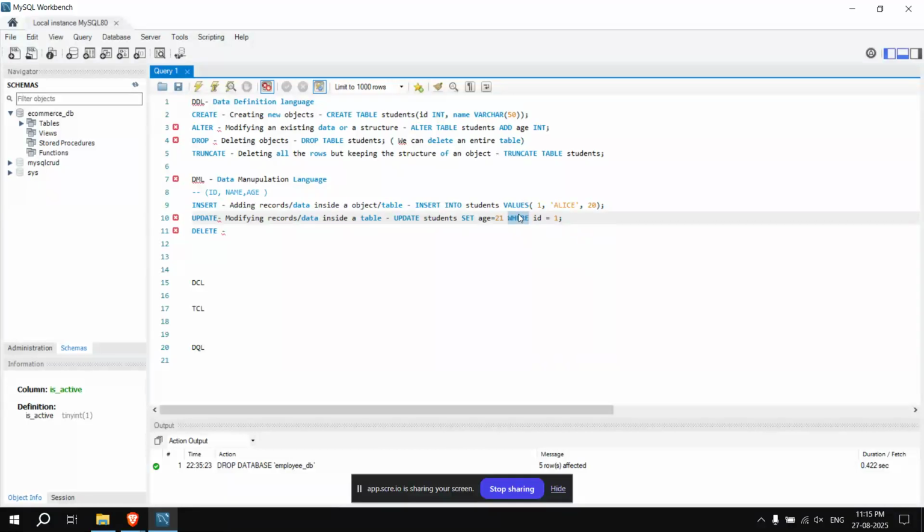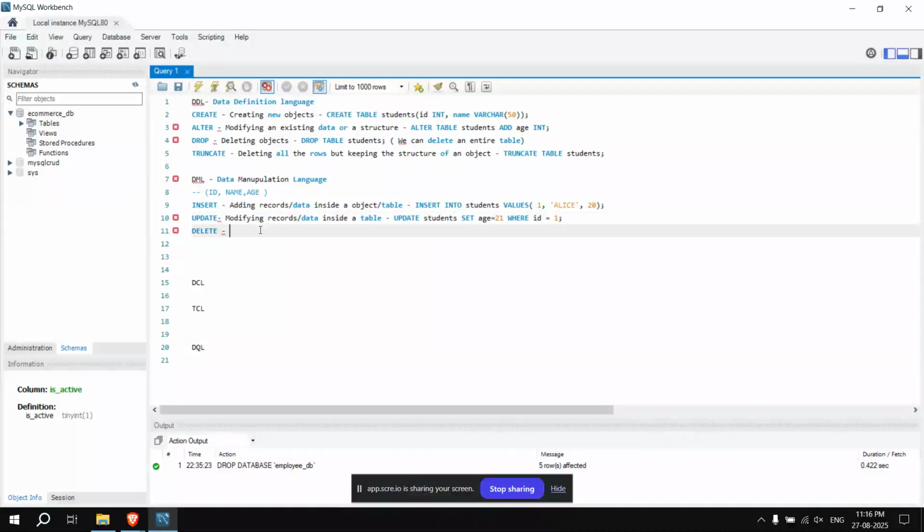Why? When we use the where clause to filter out someone's data from a table, or you can say putting a condition, it's actually a condition clause. By using this where condition, we're saying to only modify the user whose ID is 1, and modify the age from 20 to 21. The proper column name and the ID as mentioned, 1.